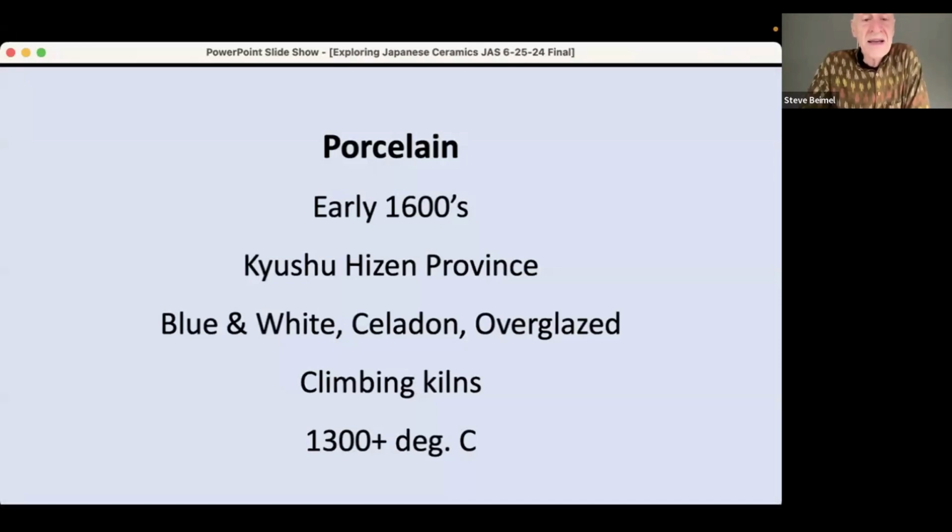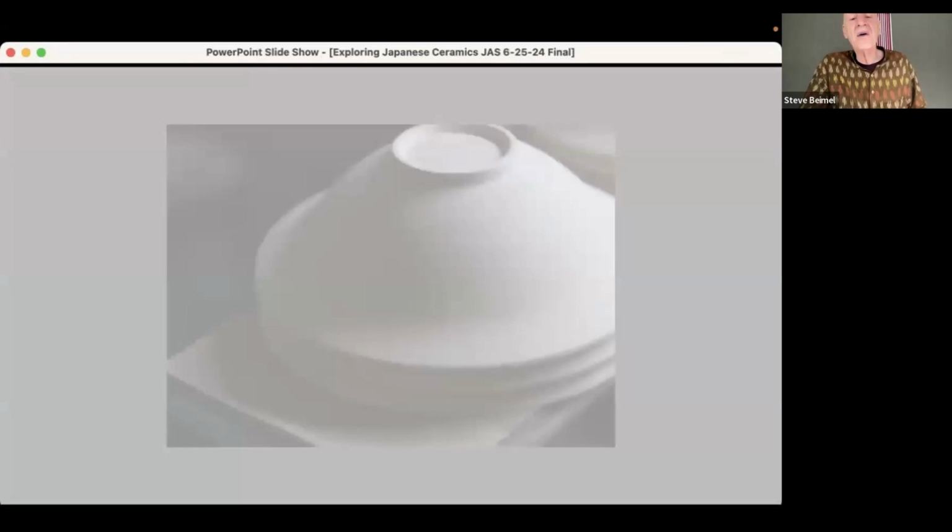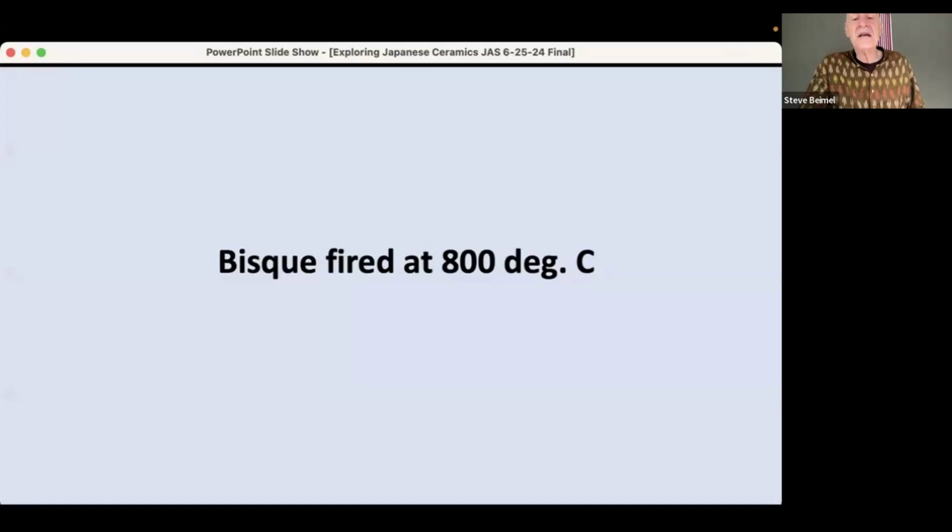Porcelain came to Japan a little late, mainly about 700 years after China. And the reason why it was so late was because they had just discovered a certain kind of clay, kaolin clay, in around that time, allowing them to make it. So they didn't have the raw material for that, and most of that happened at that point in Kyushu, around Saga, Fukuoka, Nagasaki area. So we begin with the white porcelain clay, and it's fired at 800 degrees, bisque fired,